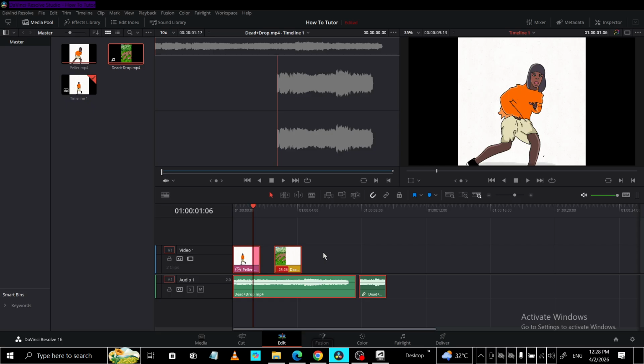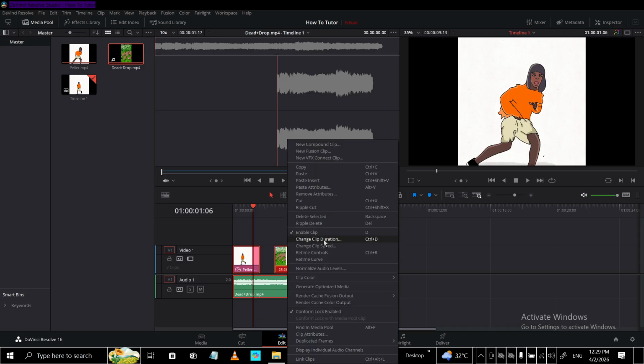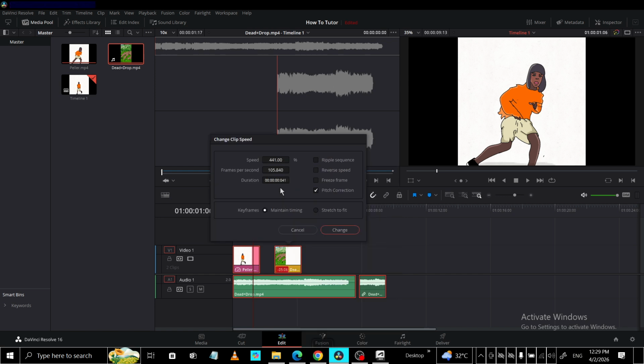If Ripple Sequence is not checked, the clips will change speed, but the overall length of the timeline won't adjust to close any gaps or make room. That can leave empty spaces or cause overlaps, so it's usually a good idea to enable Ripple Sequence when you're changing the speed of all clips in a project-wide way. Once you've chosen your speed percentage and decided whether to enable Ripple Sequence, click the Change button. The software will then update all of the selected clips together, applying